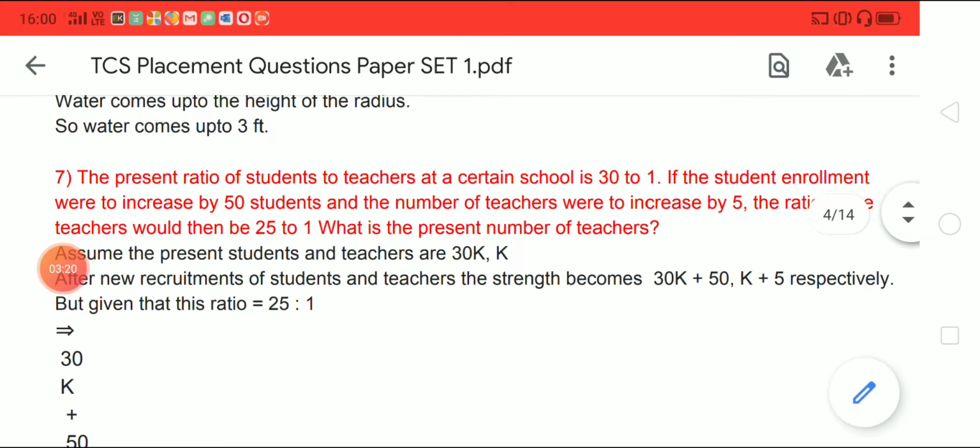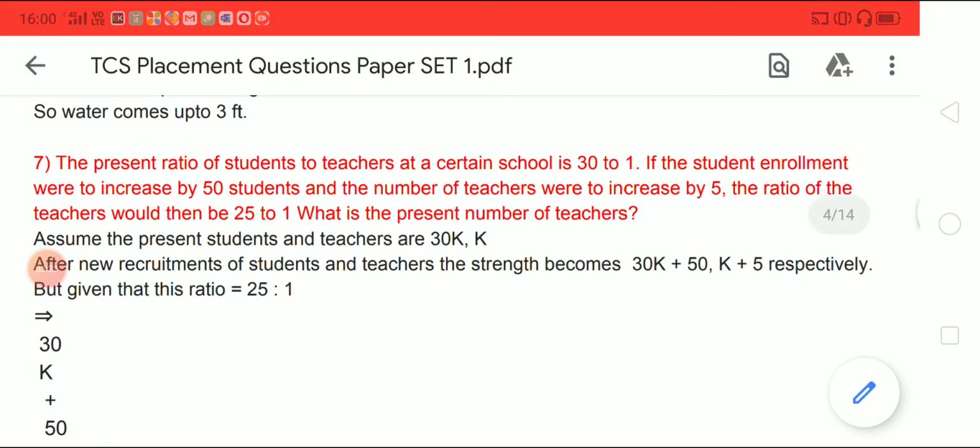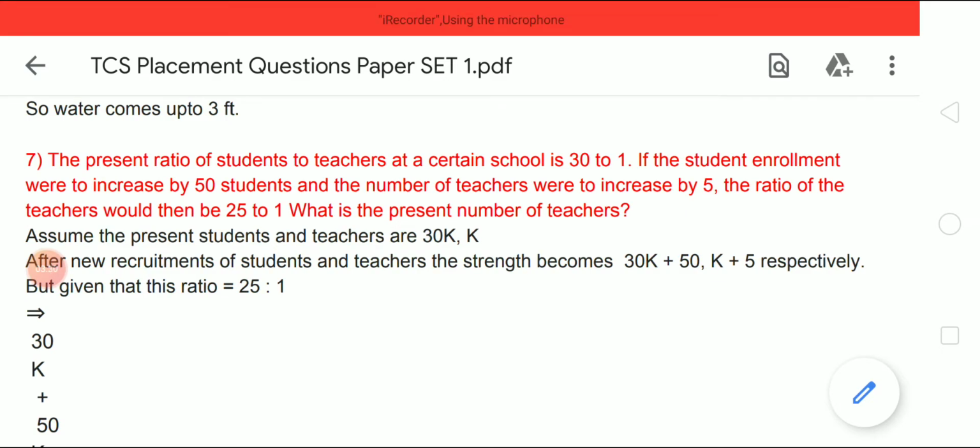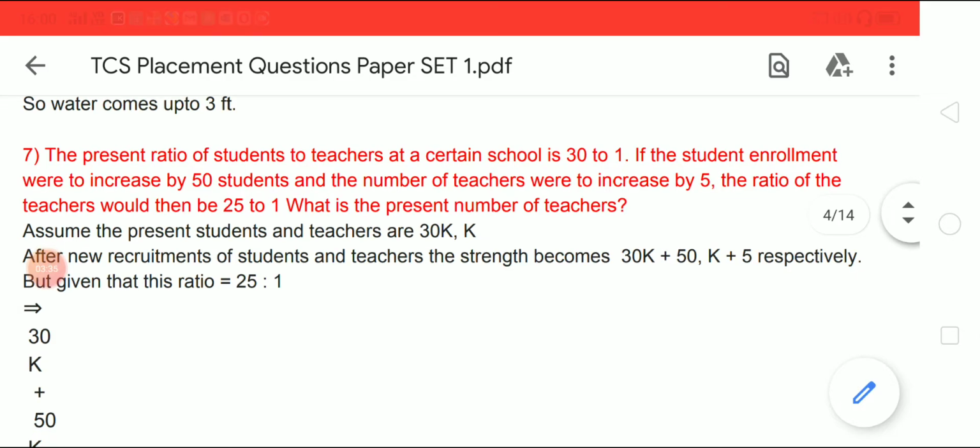Let's move to the 7th question. Here the 7th one is: the present ratio of students to teachers at a certain school is 30 to 1. If the student enrollment were to increase by 50 students and the number of teachers were to increase by 5,